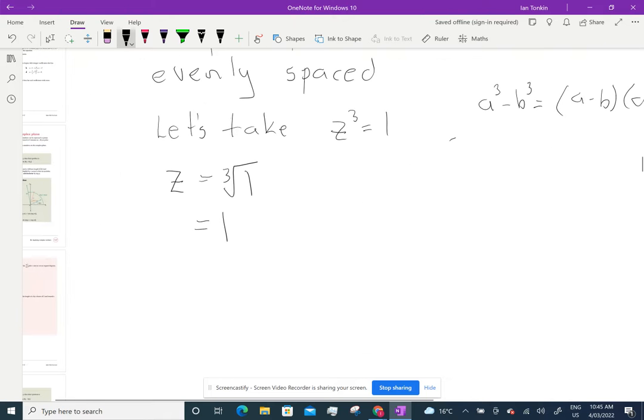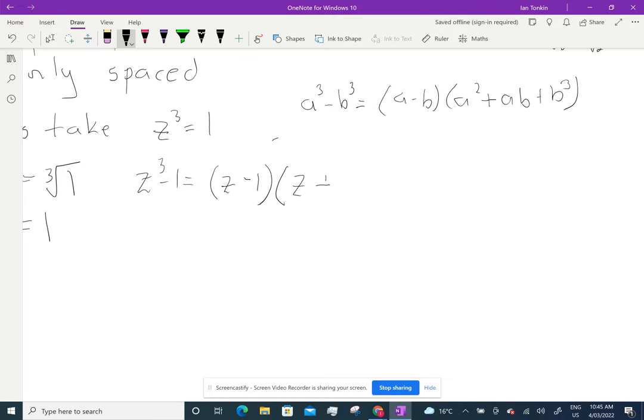So if we take this now and say z cubed minus 1, well, that equals z minus 1, because 1 cubed is 1, times z squared plus 1z plus 1. So therefore, our solutions are z equals 1,